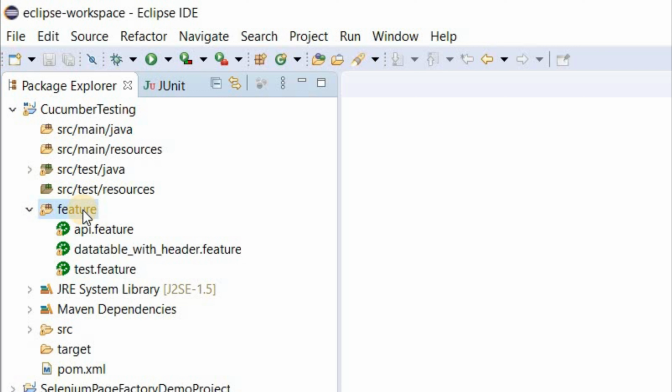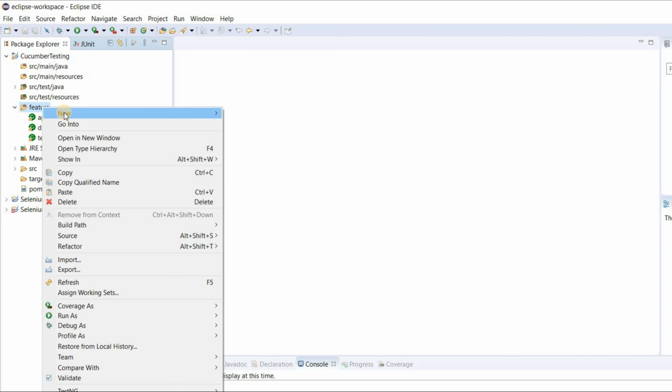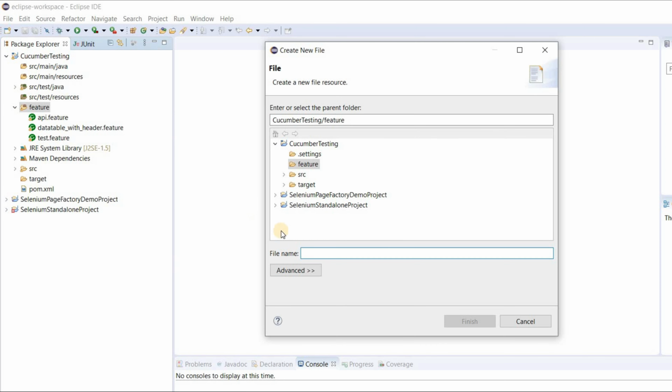Let me create a feature file for you so that you can understand how to create a feature file in Eclipse. Right click on this feature folder, go to new, click on file, give a proper file name. In this case I am giving open Google. This is the feature file name, and give a dot and write feature.